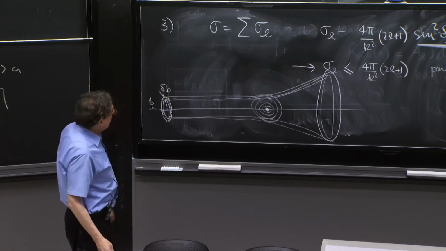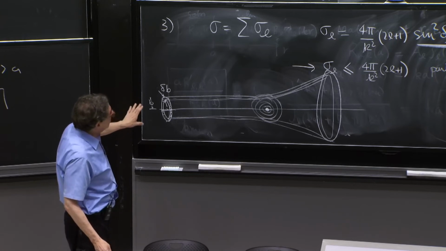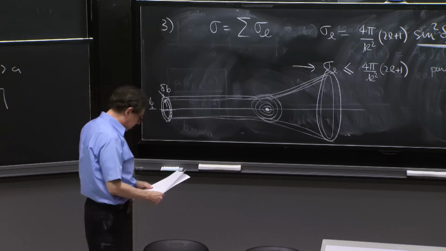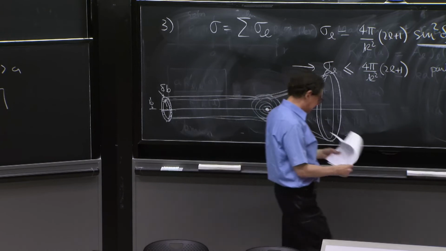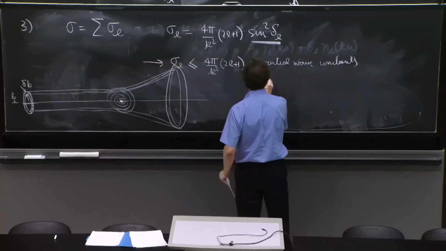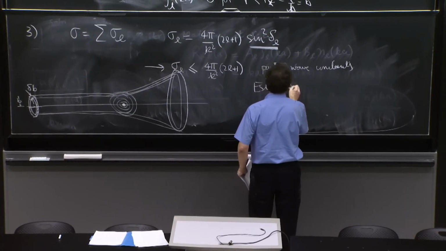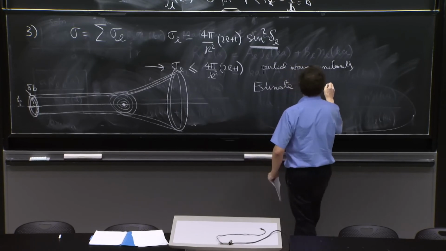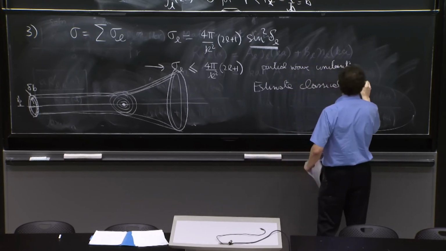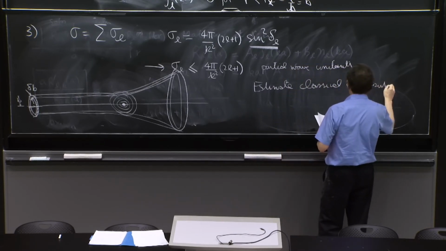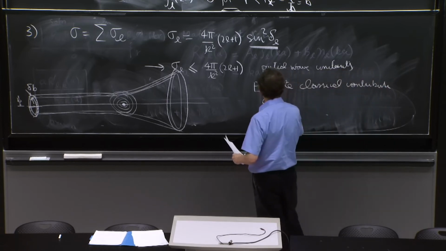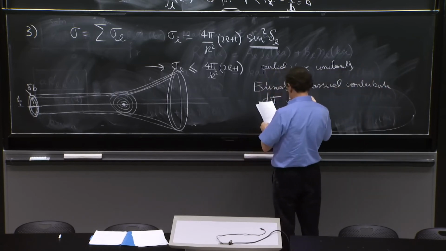So if I want to compute how much this contributes to the cross-section, estimate the classical contribution d sigma to sigma